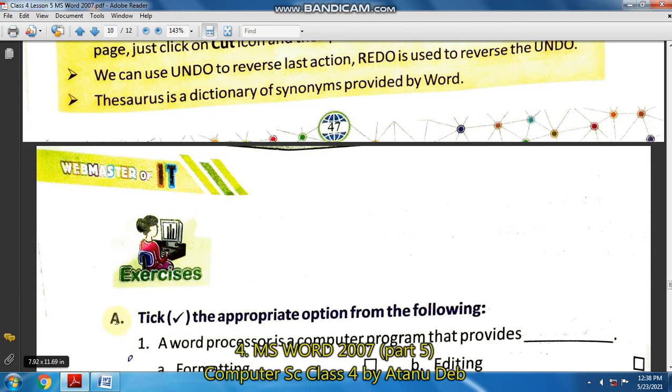Question number A, tick mark, and then there will be fill in the blanks also. Question number B and question number C, true and false. You have to identify from the statements. Question number E, unscramble and match the following. You complete these A, B, C questions and E and F in the book. Question number D answers I will give later on in the WhatsApp group.